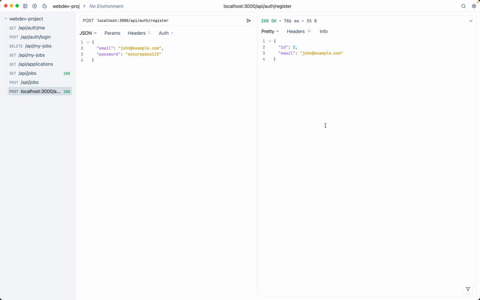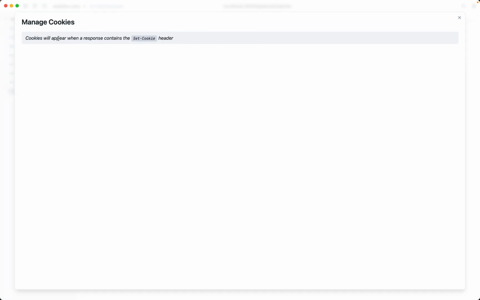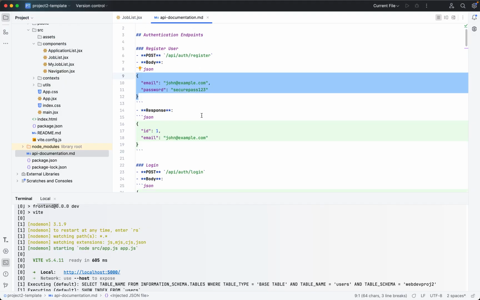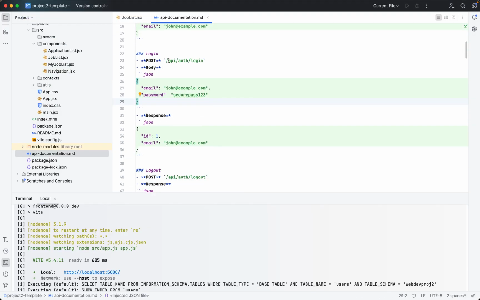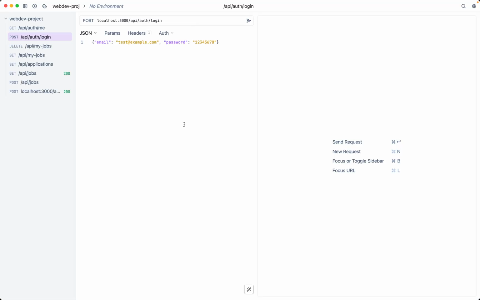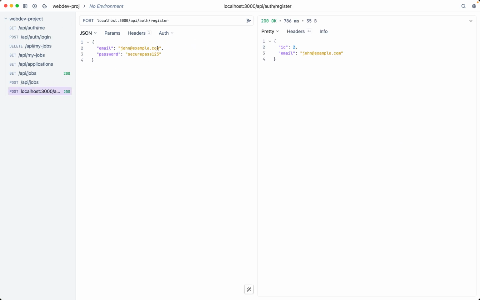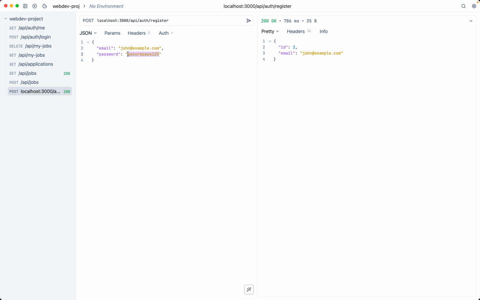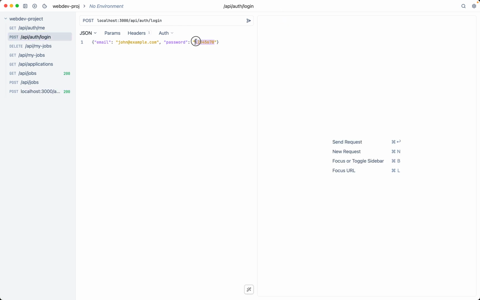Okay, now we are not yet logged in. So now we need to actually log in. What we do to log in, you can again check here. You use this path where you send the email and the password, and it will log you in. So we go to the login, and here we again need to paste in the correct data. So we replace this, and we replace this. And now we send it to the login,